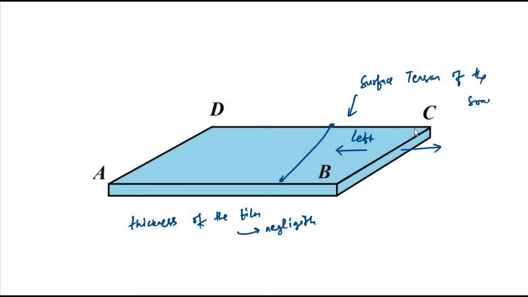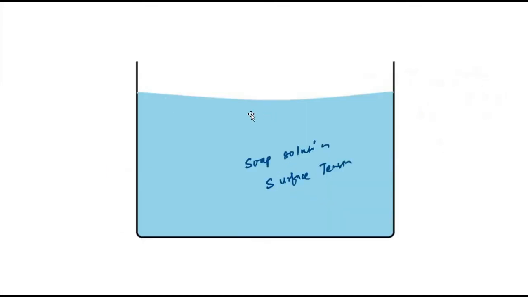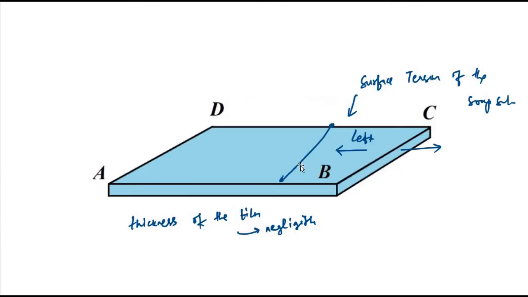We know that surface tension is that force which causes the top surface of a liquid or any kind of fluid solution placed in a container to be gradually pulled downwards, causing a reduction in the surface area. So here the surface tension of the soap solution pulls this portion BC towards the left,